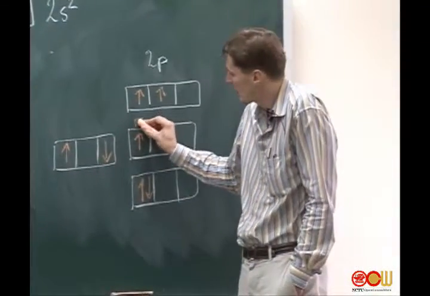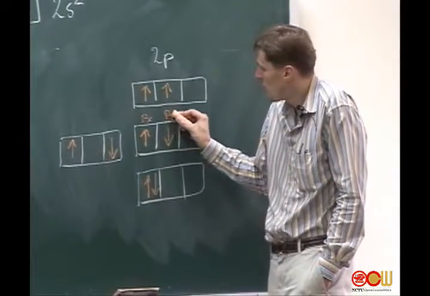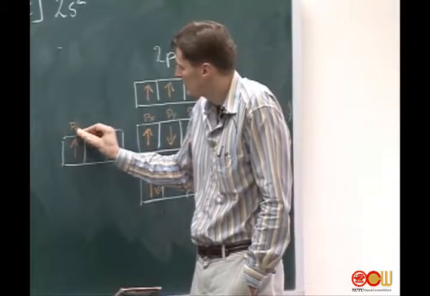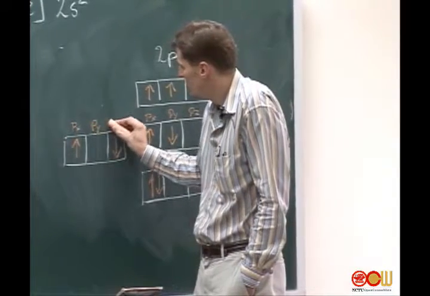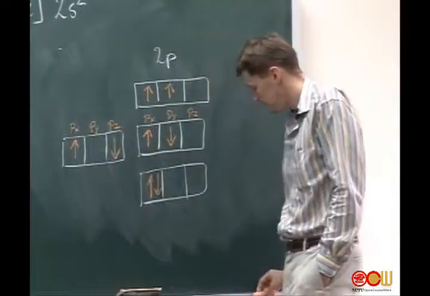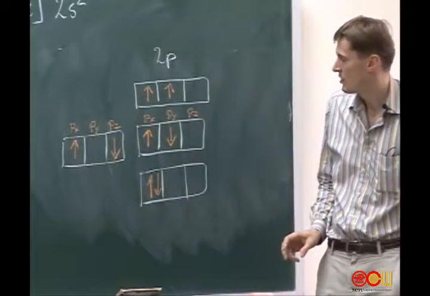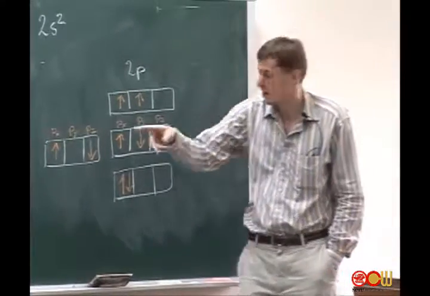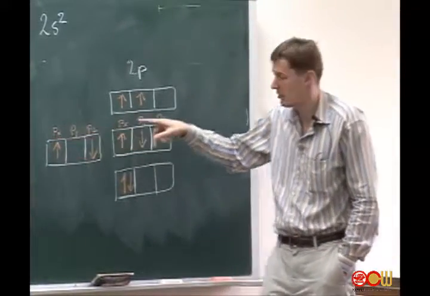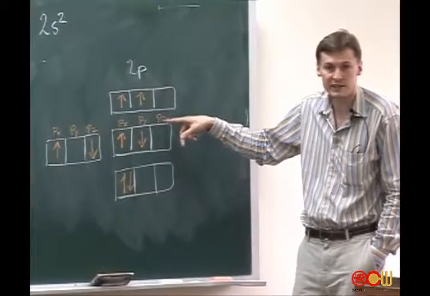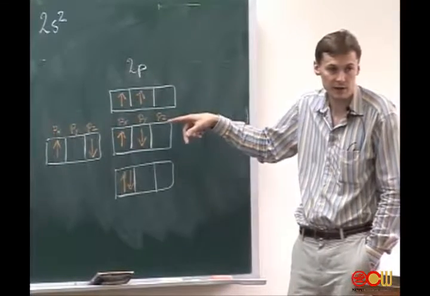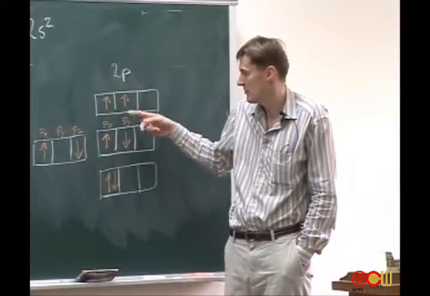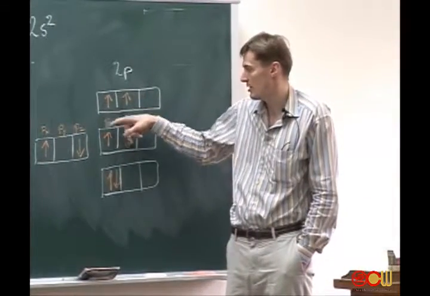if this is px, this is py, and this is pz, and this is px, this is py, and this is pz. So for the person who stands on the y-axis, this wave function looks the same like for the person who stands on the pz axis, this wave function. So these two maybe are the same, but these clearly have 2 arrows up, and this is 1 arrow up,